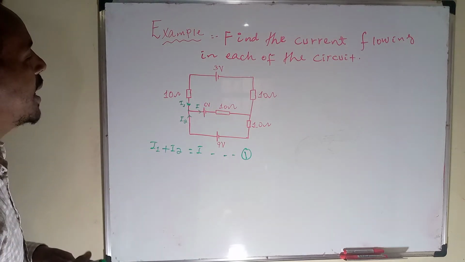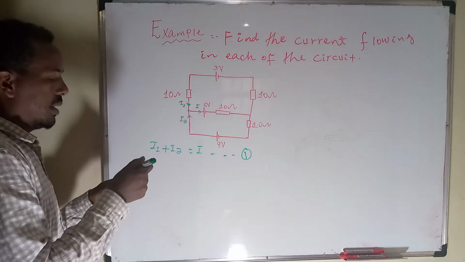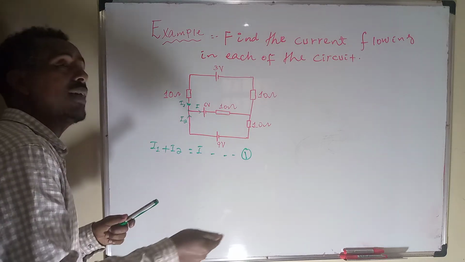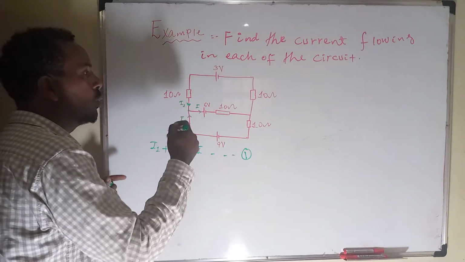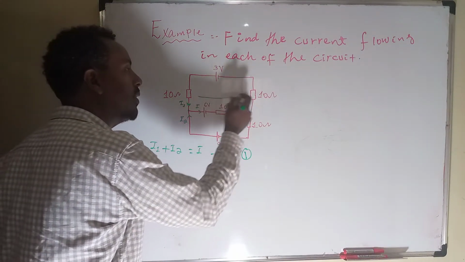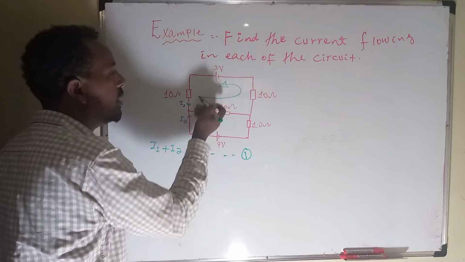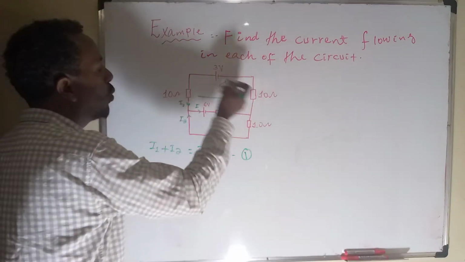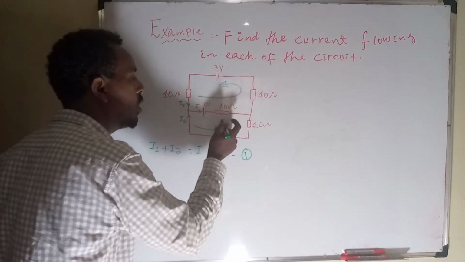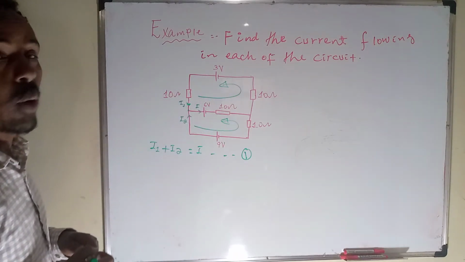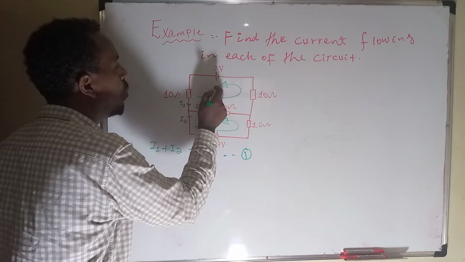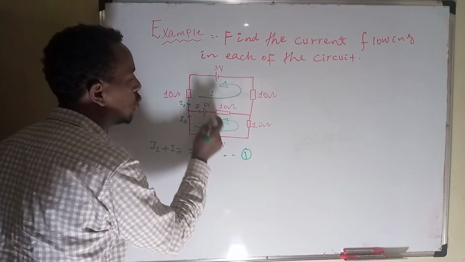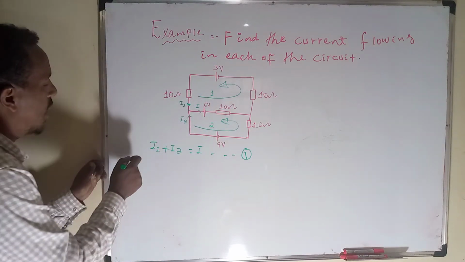We apply Kirchhoff's rule. For example, let's say the direction of the loop is anti-clockwise; it can be either clockwise or anti-clockwise. Let's say this is the direction of the loop, clockwise or anti-clockwise. In the second loop it should be anti-clockwise. So this is loop 1 and this is loop 2. For loop 1